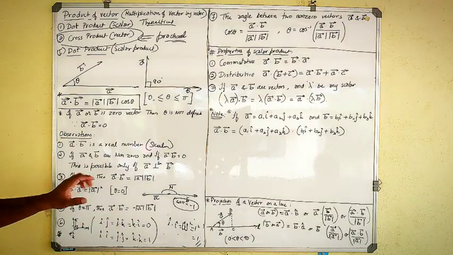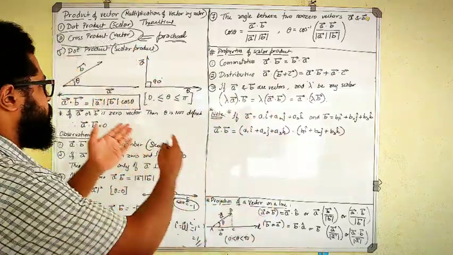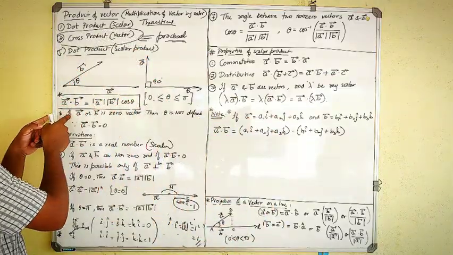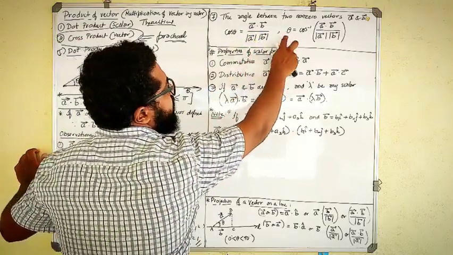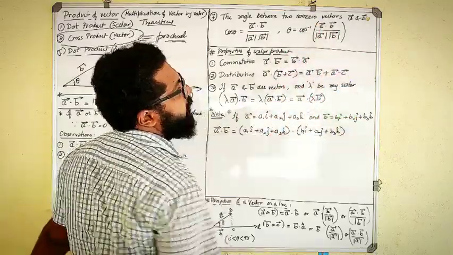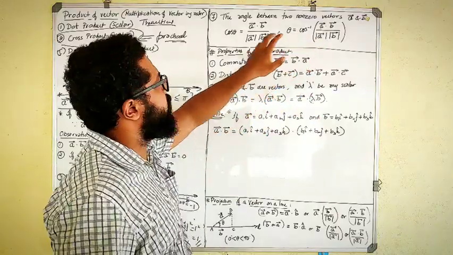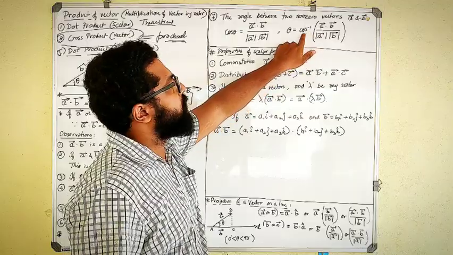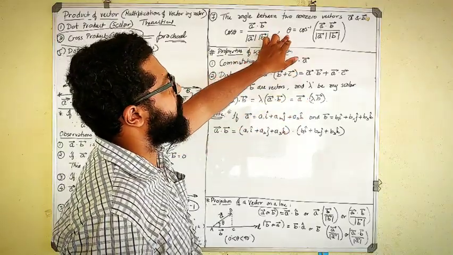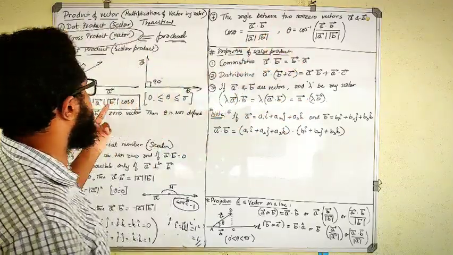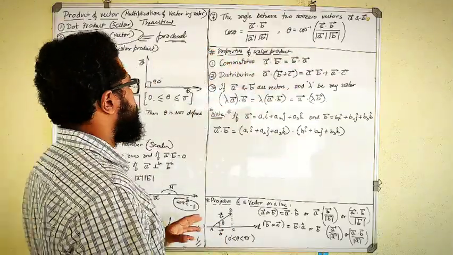So these are the observations, and there is one more observation, that is the angle between two non-zero vectors a and b. See, I'm using this formula. I shift this one this side, it becomes cos theta is equal to a dot b divided by magnitude of a into magnitude of b. Theta is nothing but cos inverse of a dot b divided by magnitude of a into magnitude of b. This is my inverse trigonometric function. To find theta, I shift the cos to the other side. So it will give me the answer for angle theta. So simply using the first formula itself, I am shifting it down and taking the trigonometric inverse of that. Clear?